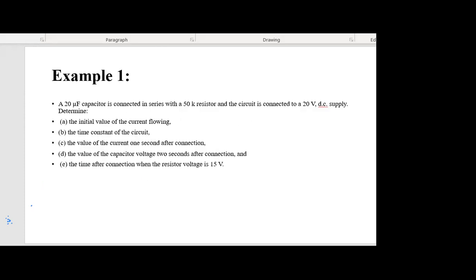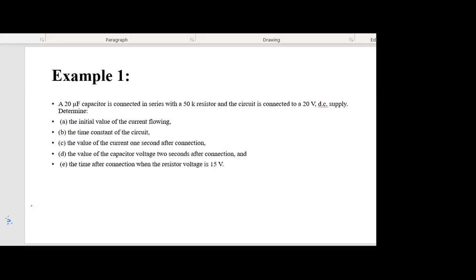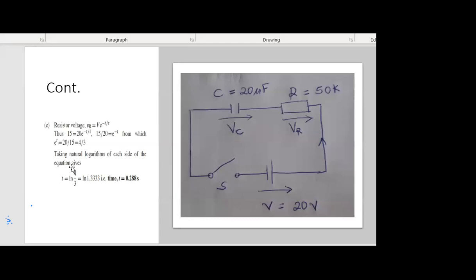So the question is, the time after connection when the resistor voltage is 15. So we have the voltage, we need to look for the time. So we use the resistor voltage equation